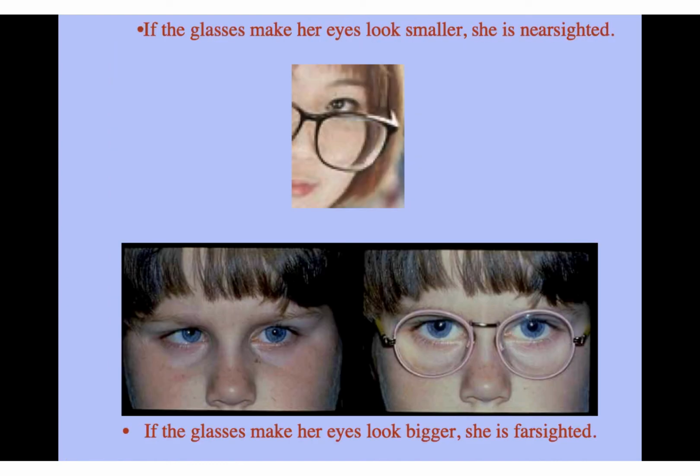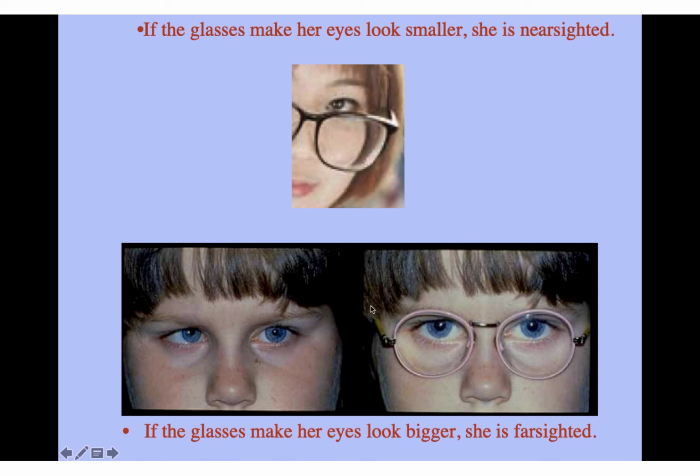You can see this if you look at glasses. We're going to look at the pictures behind the glasses. This girl right here is nearsighted. She can only see close up. This is like I am, and most people that have glasses are probably nearsighted. As she has her glasses down like this, you can see it's causing her face to look smaller. That's because the light is bending in a little bit, and that shows the bend of the light.